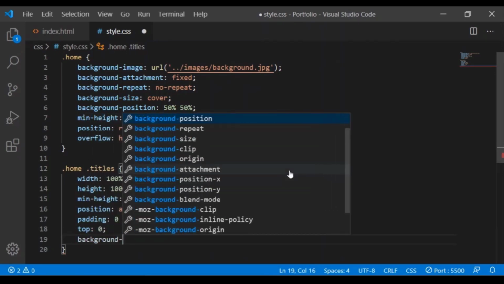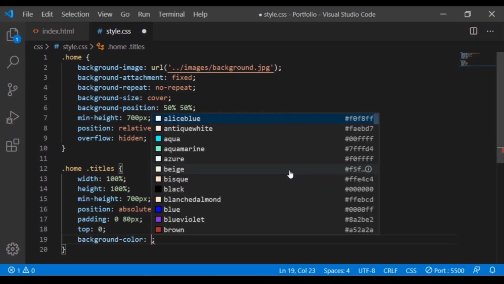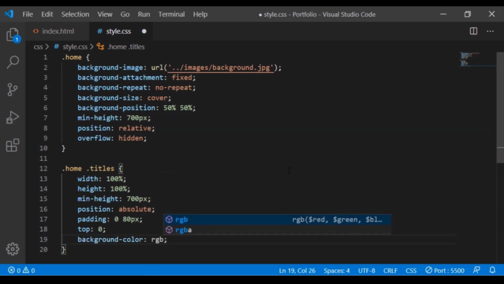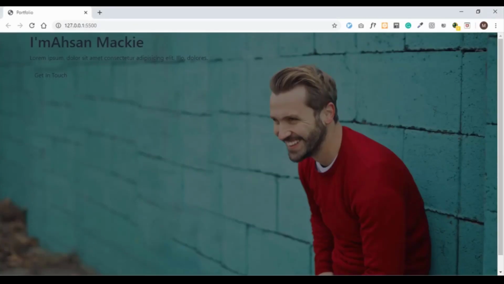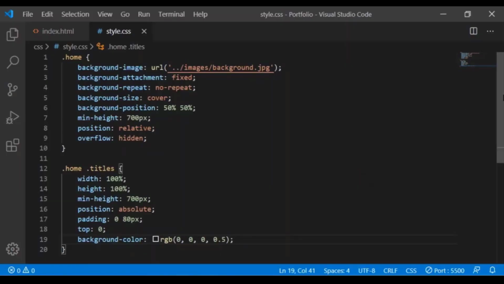We will set it to black color and the alpha value to 0.5 to make it half transparent. We will take a look at how this looks in the browser. Back to the code editor.